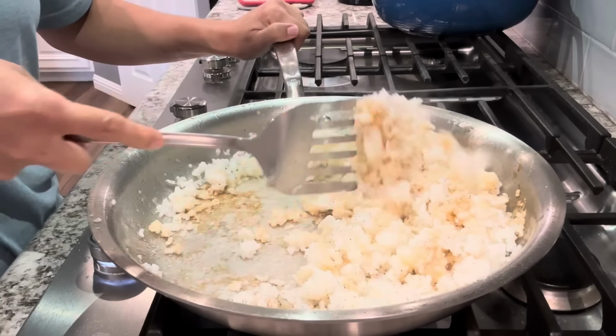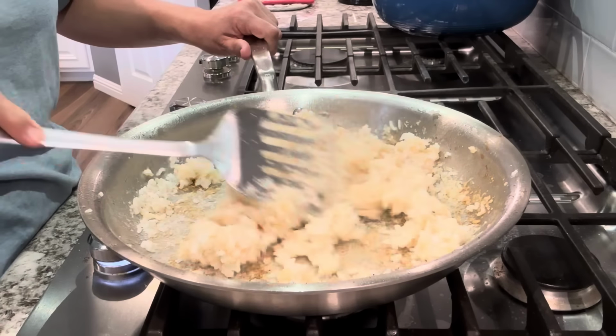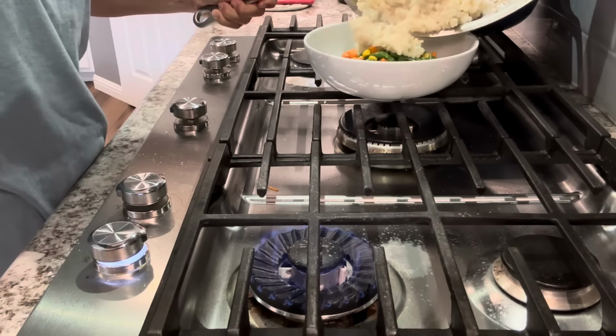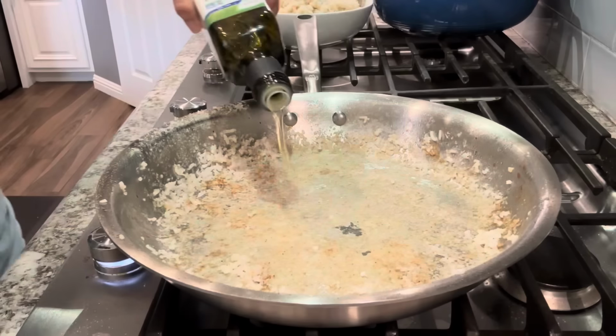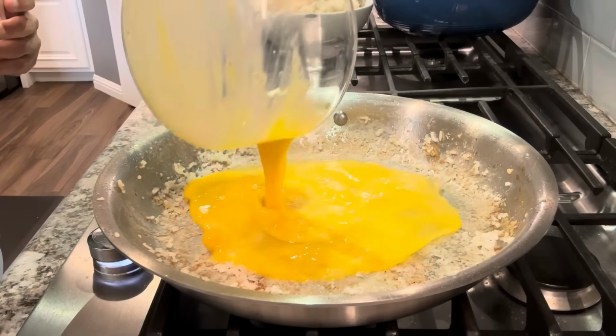Give it a nice toss, and then once that's nice and browned and toasty, I'll remove that as well and set it aside. If you want, you can just make a well in the center for this next step. You don't have to remove the rice. So if you want it a little bit more crispy, just push the rice to the edges and pour a little bit of oil in the center,